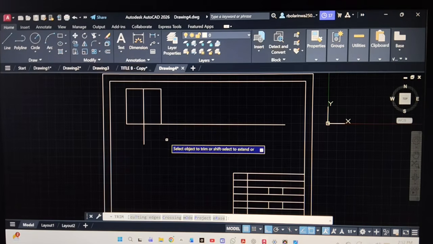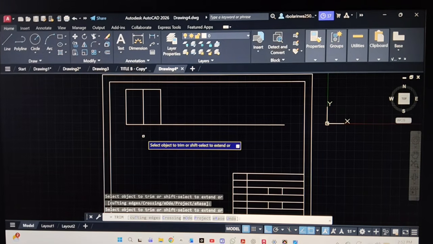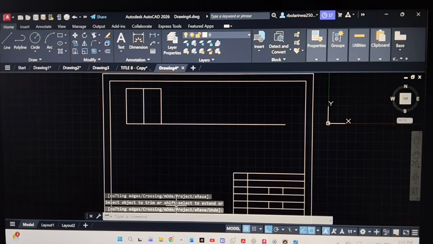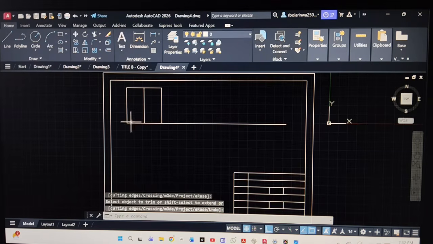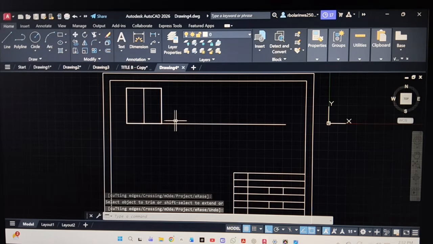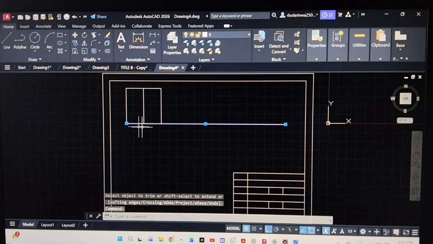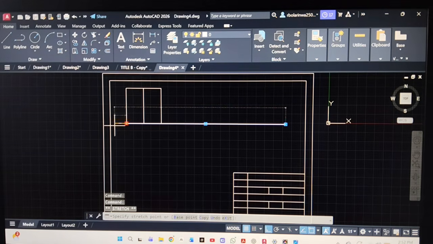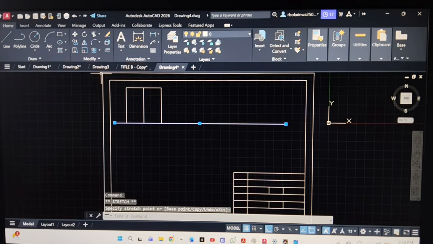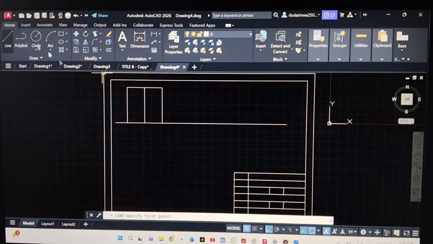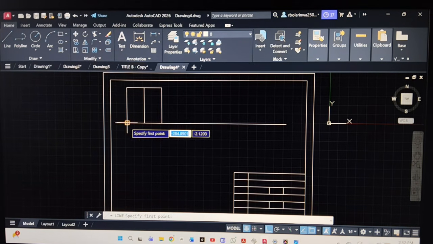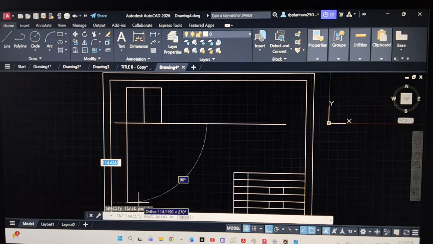So I'm going to trim and just cut this guy away. There we go. Enter. So the next thing I want you to do is let's just extend our line here. Just extend it to the end a bit, so that we know that our line is not part of a rectangle. So the next thing you're going to do is you're going to use the line tool to draw